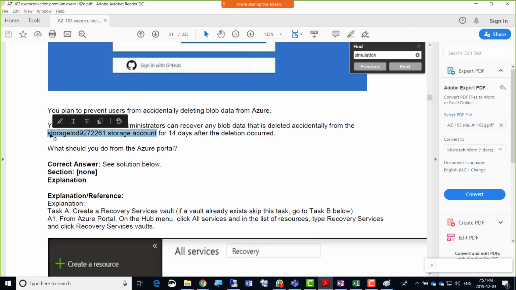So it did not have that storage account. So this means that we have to create this storage account. So I'm just going to copy this name, and just to be